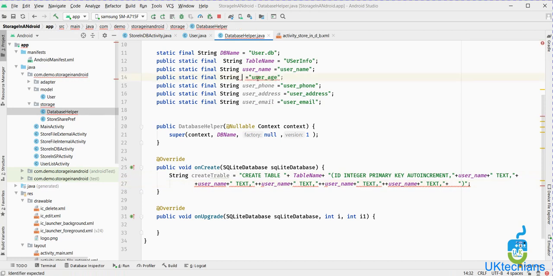User age, then user phone, then user address, and then user email.